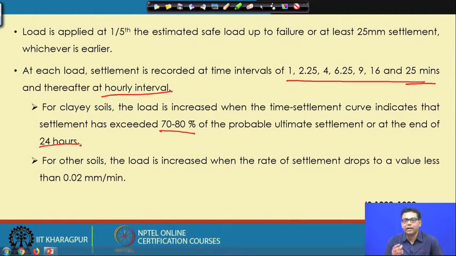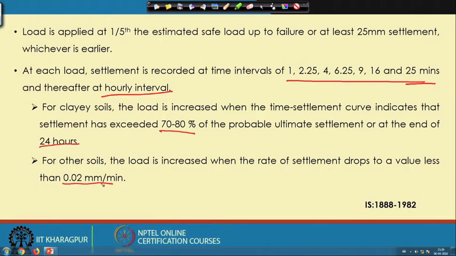So, you will get the settlement immediately. After, say, a few hours you will find that there is no further significant increment of the settlement. So, depending upon the site condition,